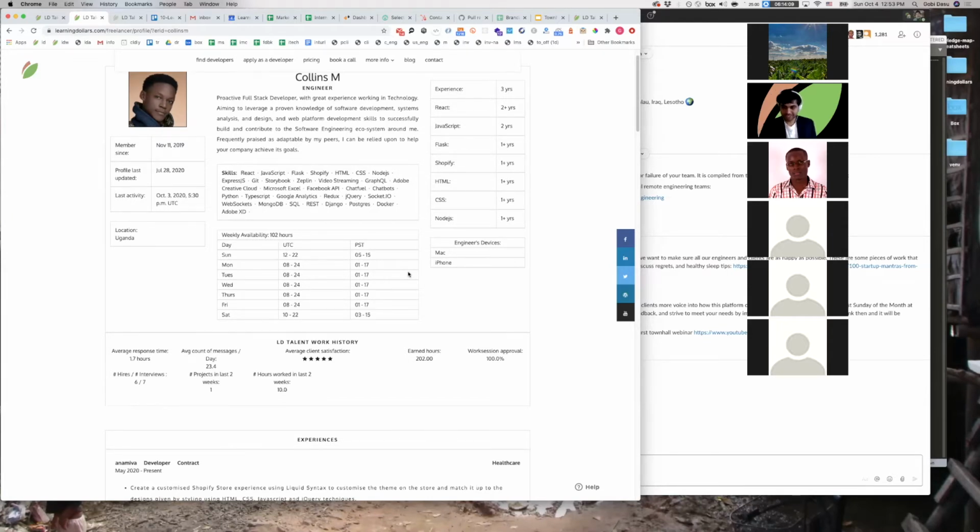Mic check. Yes, Daniel. I think we could do a lot better with the space. I'm saying location Uganda, and then we have a space that has experience and engineer devices. Totally from a UI perspective, it doesn't feel balanced. It's like something is missing in these white spaces, almost like something is not there. So maybe we can move a few things around and not have everything in tables. It just feels like something is missing in the way